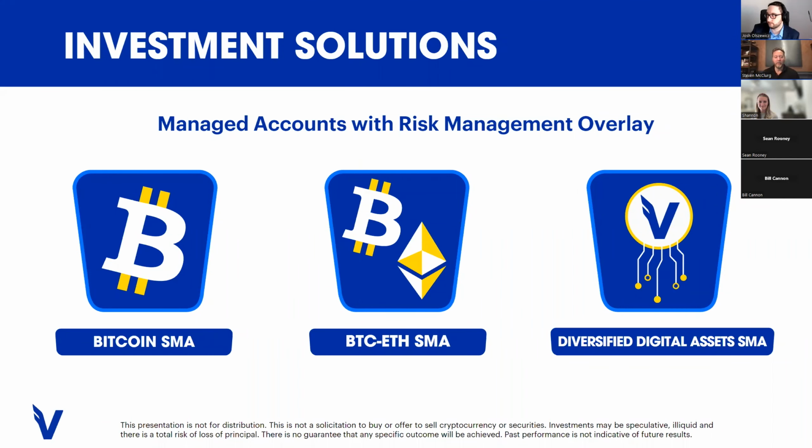So depending on where the risks are in the crypto world, we might go more heavily in Bitcoin or more heavily in ETH, which Josh will explain more later. And then finally, our diversified digital assets SMA. This can hold any digital assets, but again, given our bottom-up review of various protocols, we have a limited universe